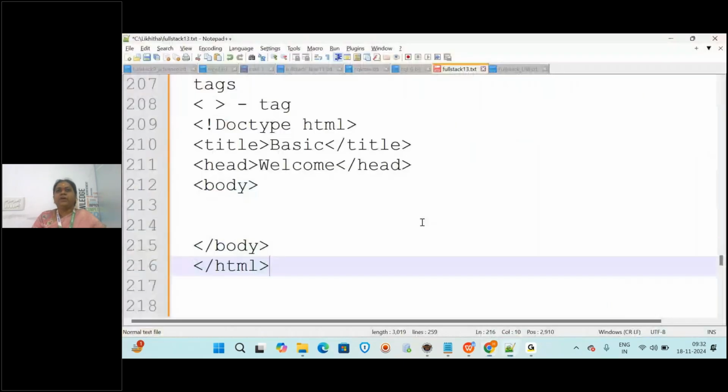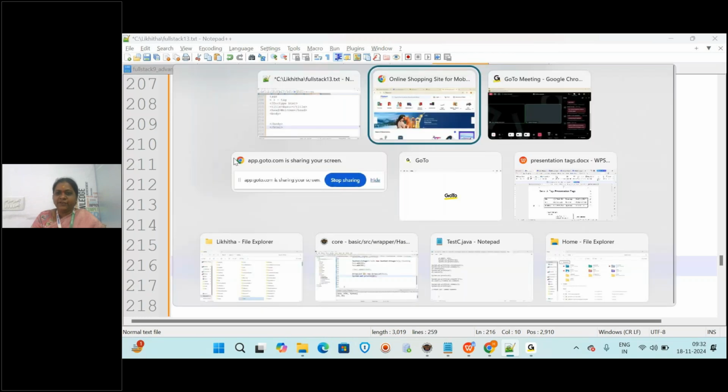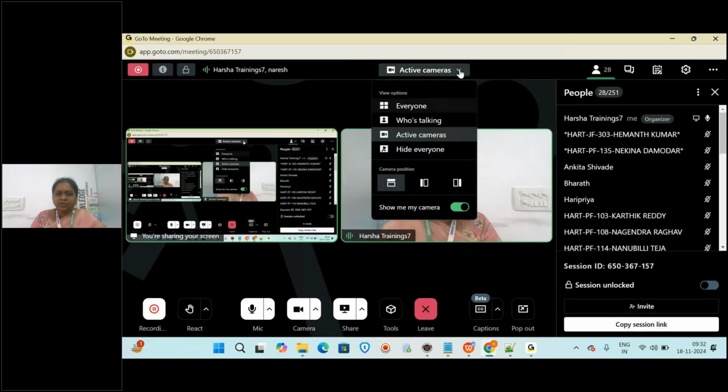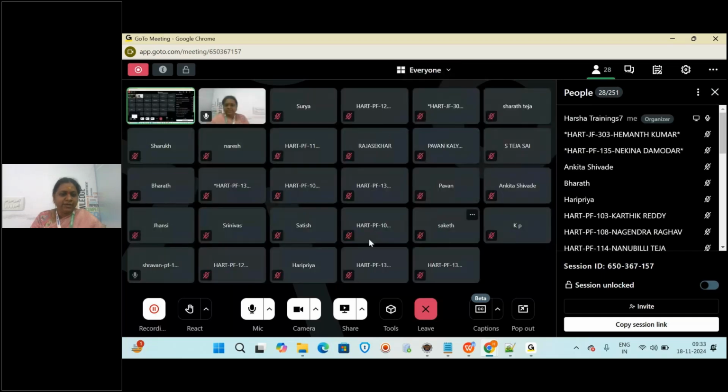Now if you observe here, HTML open and then there is a slash HTML. What are those both called? Open and closing tag. So almost all the tags in HTML have what? Open tag and close tag. Almost. But still there are a few tags which do not have the open and closing. Okay, someone has unmuted. Please check once. If you have any question, you can unmute and ask me.